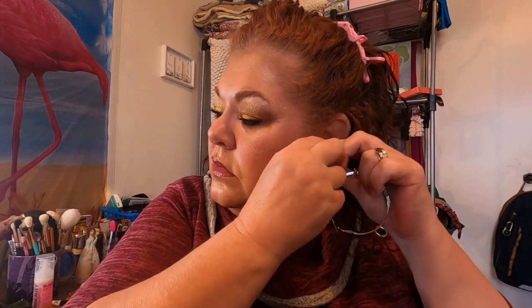But yeah, there's my, from the palette, 2 different eye looks. Like I said, it's not a bad palette, but,